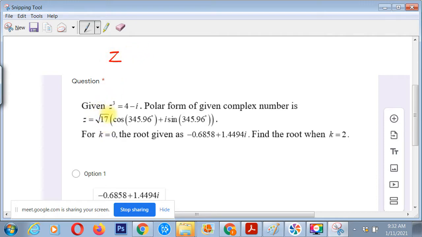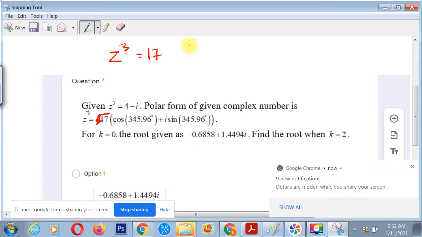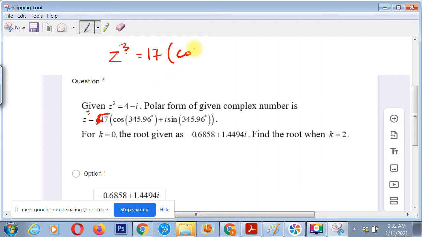I think the question has a problem here. They should put 3 here, and you did not get the answer, right? So there is z3, 17, 4 squared plus 1 squared is 17. The square root is not here. Actually, it is cos